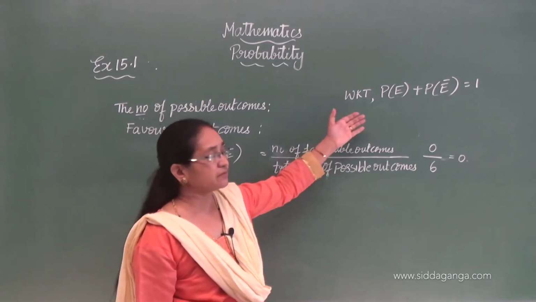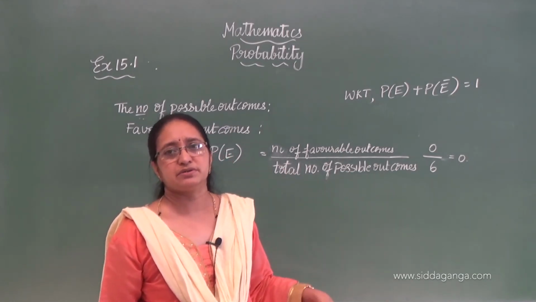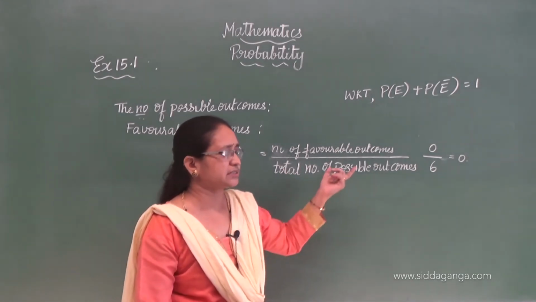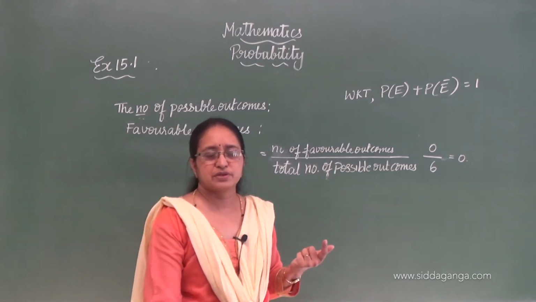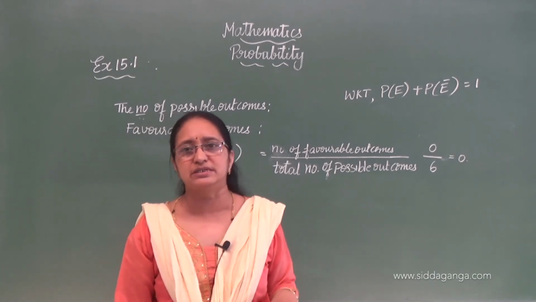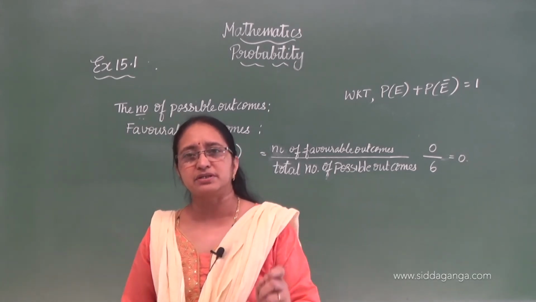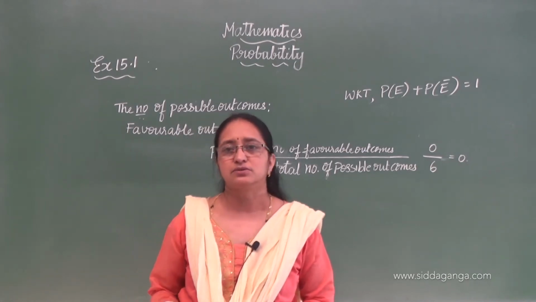See, just now I gave you many examples. The sum of all the possible events. In one example we had taken a red ball, blue ball, yellow ball. There I showed you the sum of all the probabilities. So, 1 by 3 plus 1 by 3 plus 1 by 3 we got 1, correct? So, here the answer is 1.